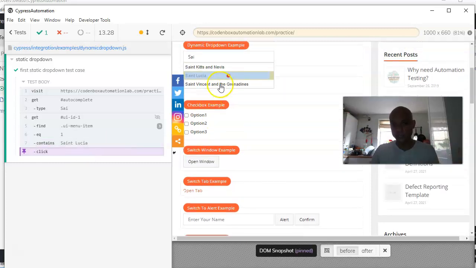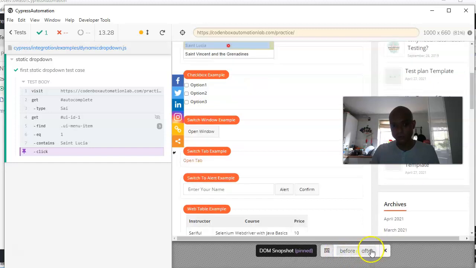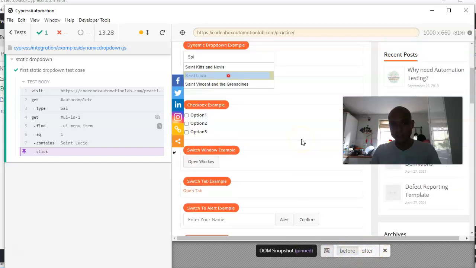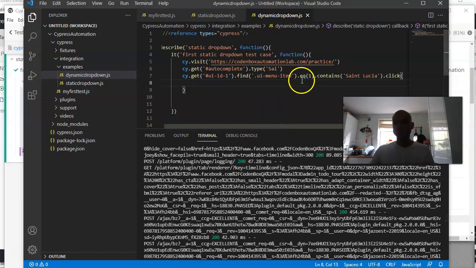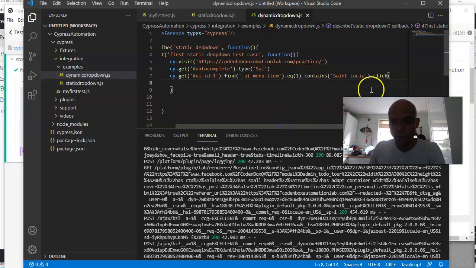And so it did, right? So it did before and after. Before, it highlighted it from the drop down, and after, it's done it. So that's it. But there's one thing here which is not good enough. The code is not good enough because, see, we didn't close our